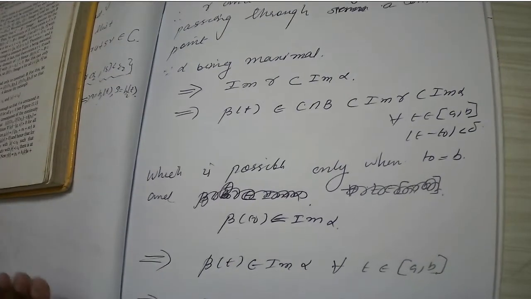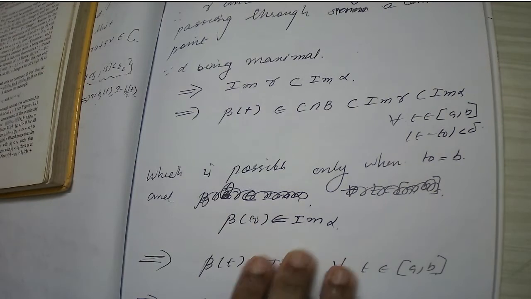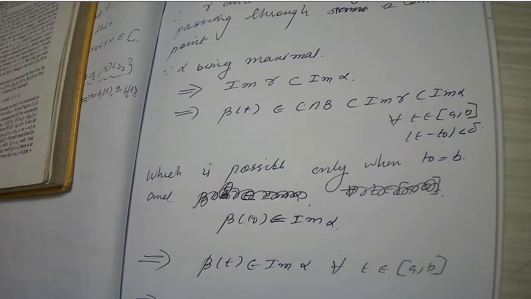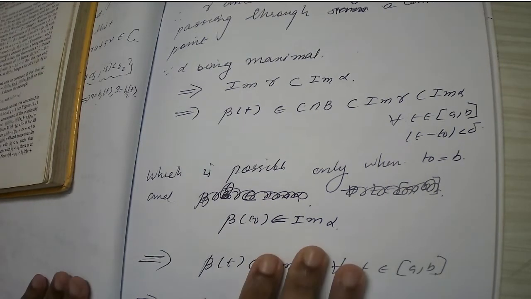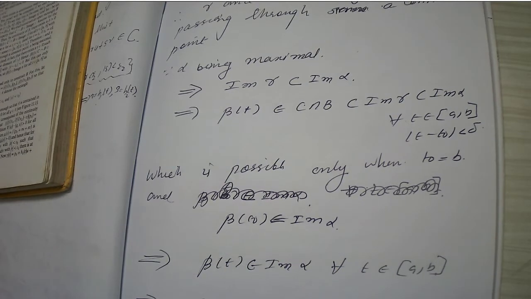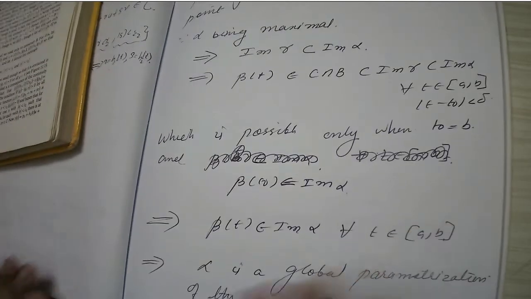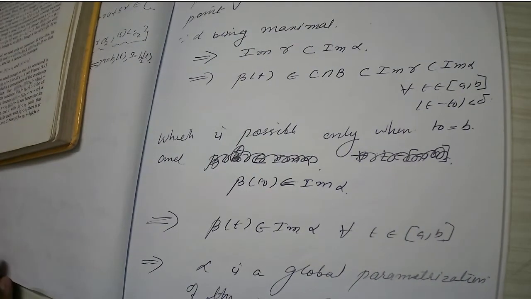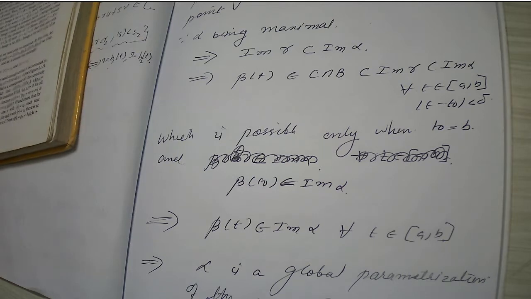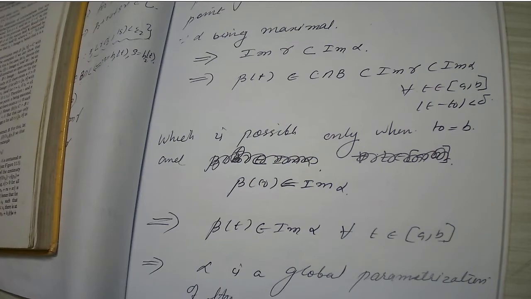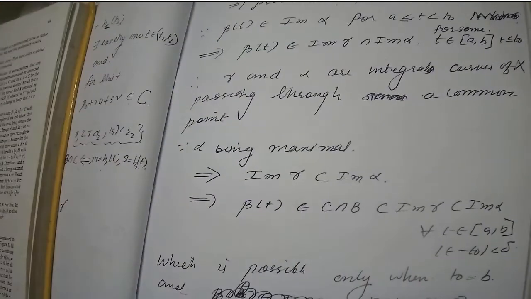So whatever mapping you take from a point P to any other point P1, that will completely come inside your curve C. So that means α is giving the complete parameterization, that is the global parameterization of the curve C. Hence you can say that C is a connected curve if and only if it has a global parameterization. That was, it's an oriented plane curve, that is already given. So it's an important theorem that you have to learn.